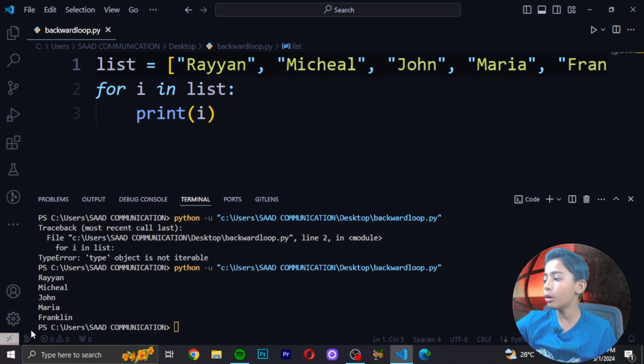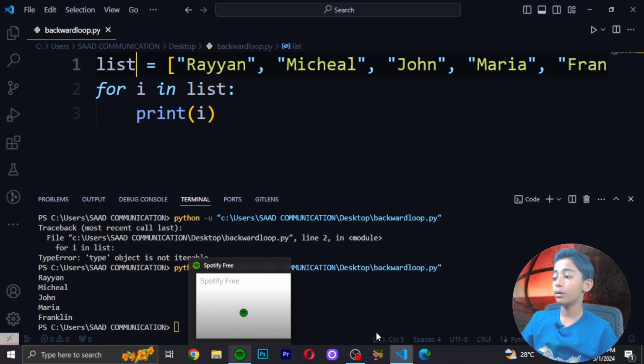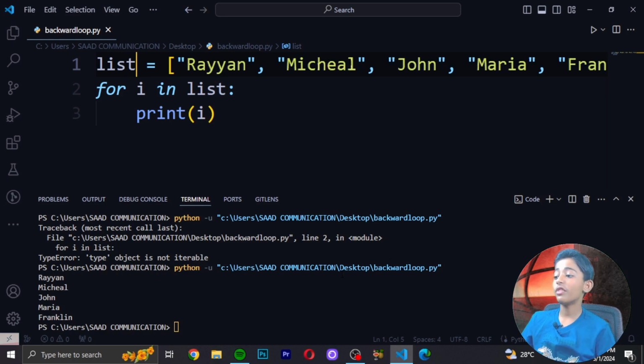Now coming back to using a for loop backwards. Python has an inbuilt function known as reverse that can be used to reverse the order of a Python object while using a for loop. So below is how you can use a backward for loop using Python. So let's see.